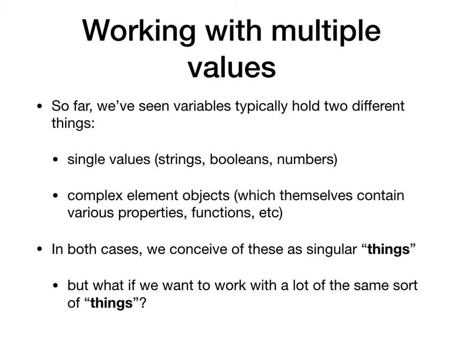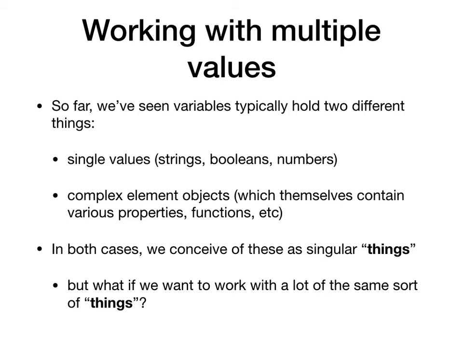Arrays. Well, first, a lot of the time we're working with a lot of values, right? We're not just working with a single variable. The DOM is full of objects with variables and properties and all kinds of information in them, right? You may have tons of paragraph objects. You may have tons of things on your page. So far, we've seen how to deal with individual variables, things that contain a single value, like strings, booleans, numbers, those primitive values. We've also seen how to store a single complex element object, for example, grabbing the content div and then changing its